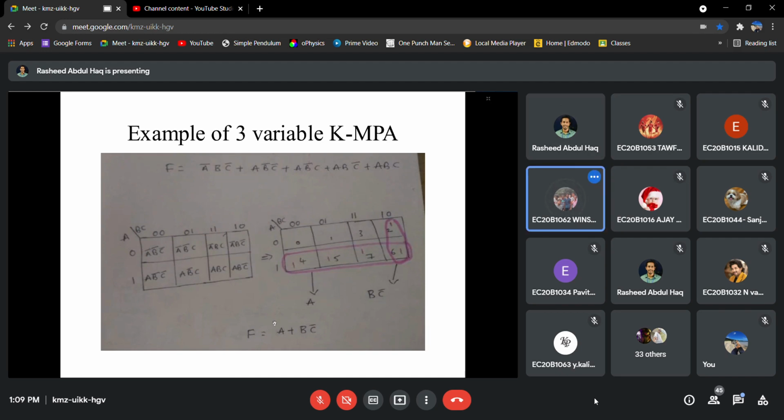Yes, sir. Like we have circled the last column, no, sir? Yes. Instead of that, you will be circling the third column. It will be the same thing, no, sir? Yeah, in this case it is fine. If you think, okay, I will tell you one example. Okay, this is right, you have kept it like that. But in that case, assume that we have a 1 in the zeroth value also.